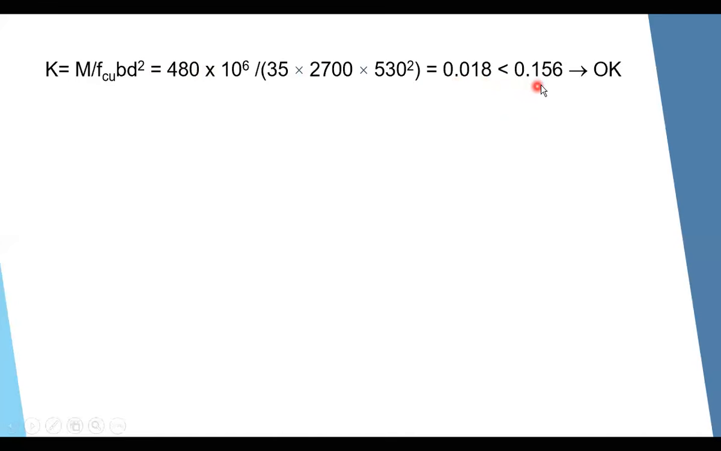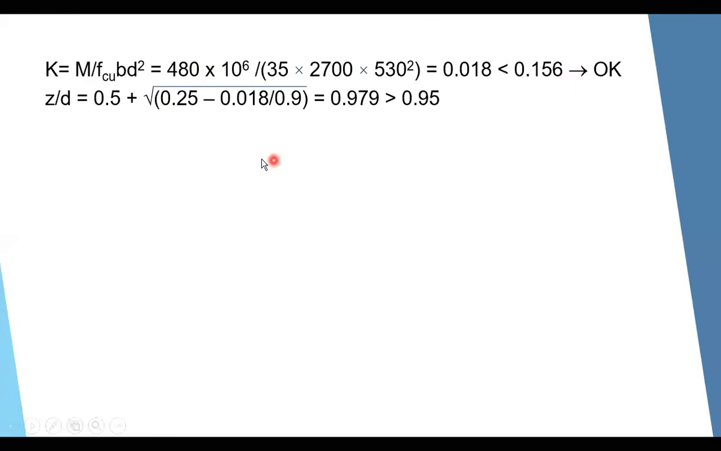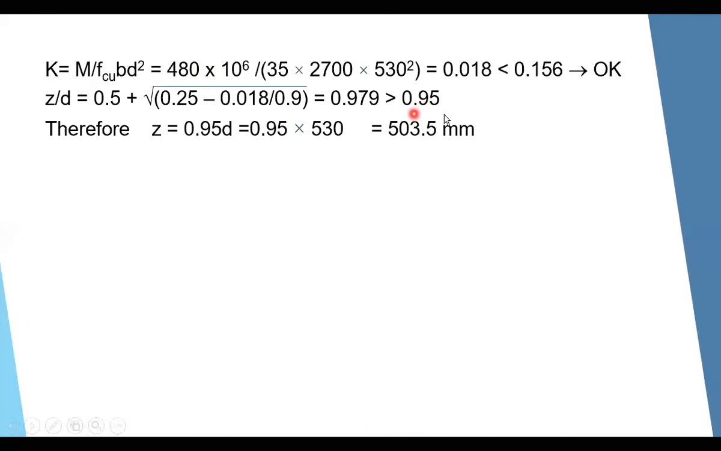It is less than 0.156, so it means we don't need compression steel. Usually in footing, you will not need compression steel, and this number will be very safe. So it is less than 0.156, and we don't need compression steel. Continue on that. Calculate the z over d. z over d equals 0.979, which is greater than 0.95. According to the code, this value cannot exceed 0.95. So we'll take z here equals 0.95 times d, equals 0.95 times 530. So it will give us a lever arm z of